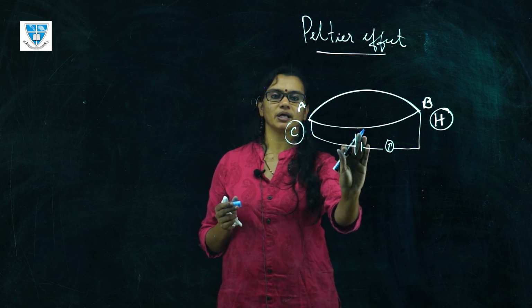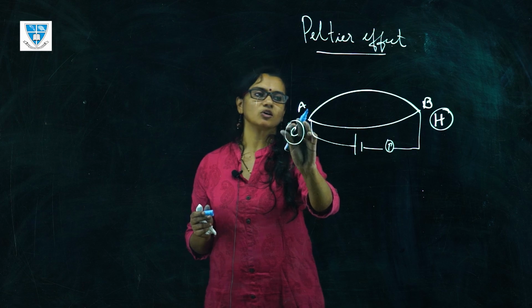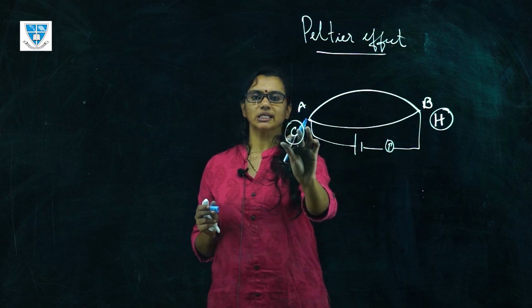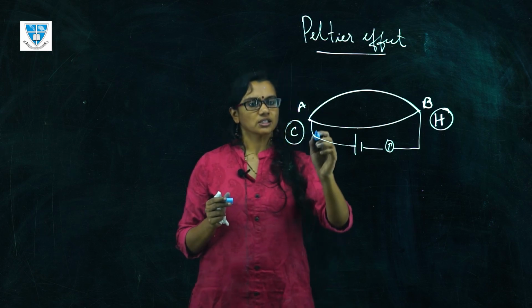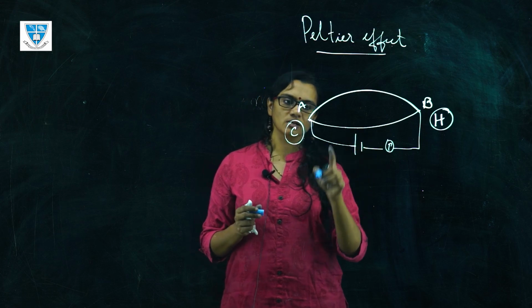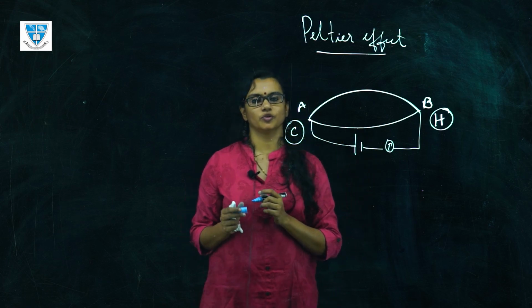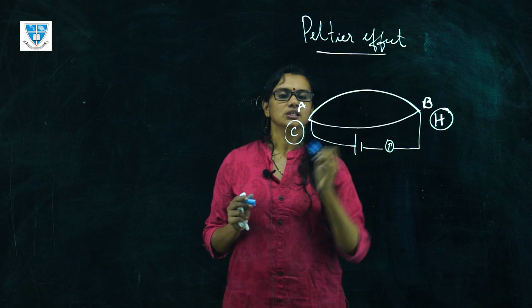If you do not have a supply, the temperature remains the same, and if you introduce a supply, he saw that there is an energy release and energy absorption in the case of the same thermocouple. This effect is also reversible if you change the direction of your voltage. That is, the current will start to flow through this junction.